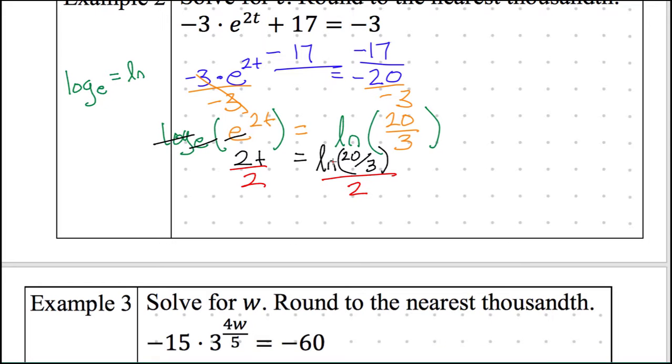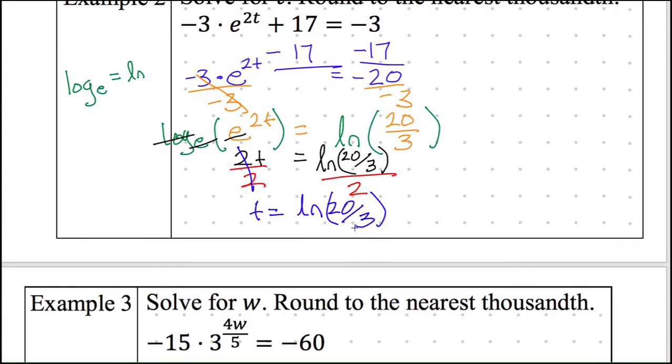You can never divide by a variable unless you have somehow said, hey, that variable, don't worry about it, it's not 0. Or maybe you have some inequality. Inequalities switch whenever you multiply or divide by a negative. So maybe I'm dividing by a negative variable and I have to switch the inequality. That could also be a potential hazard. So generally speaking, we don't divide by variables. It is a bad math practice. Those 2's are gone. My t is equal to the natural log of 20 divided by 3,